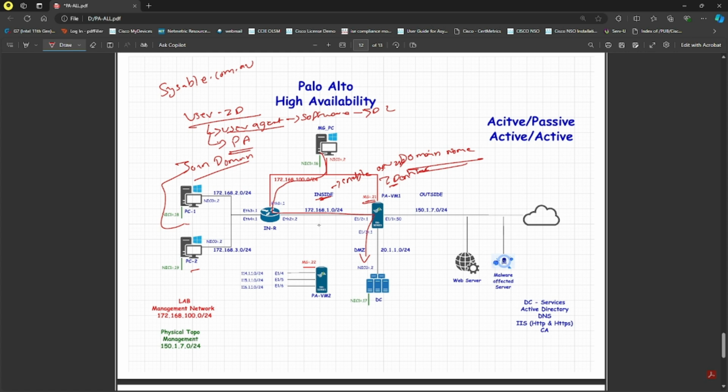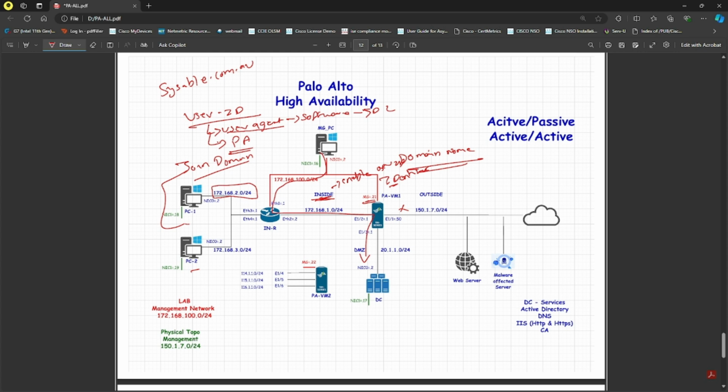Next thing is that I'm only applying user detection on the inside zone because I don't have any users on the outside. So outside we are not going to enable it anyhow. And on the DMZ I do have a server farm only. There is nothing more. Only in the inside I do have the domain join, and that too on this particular